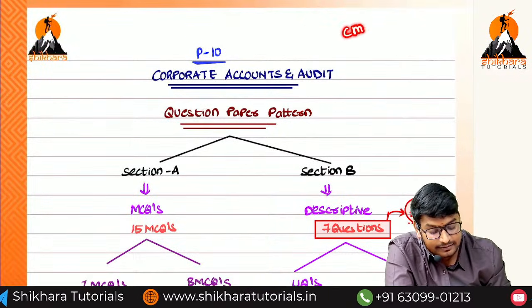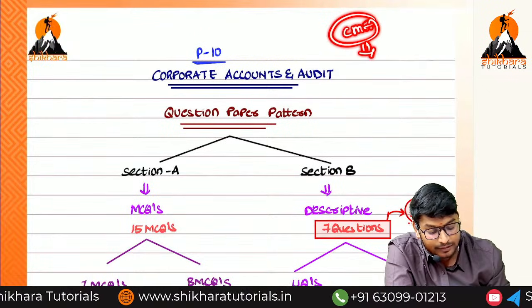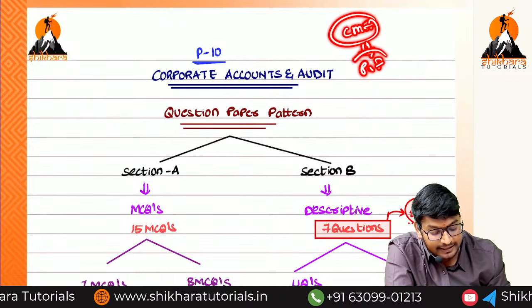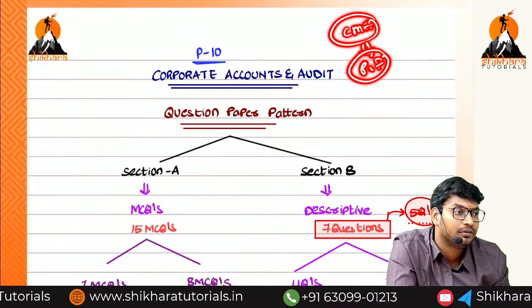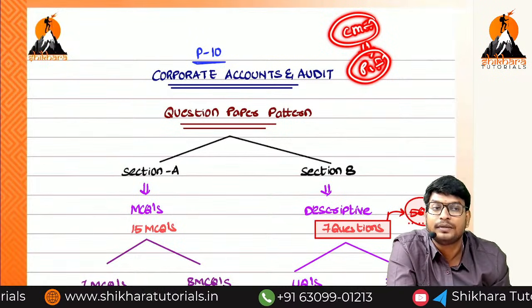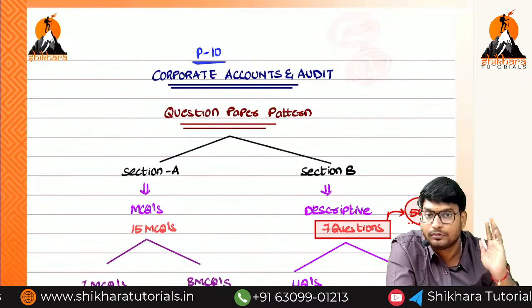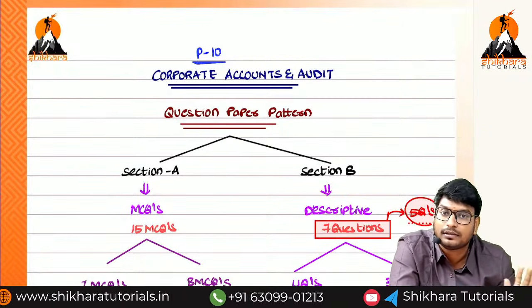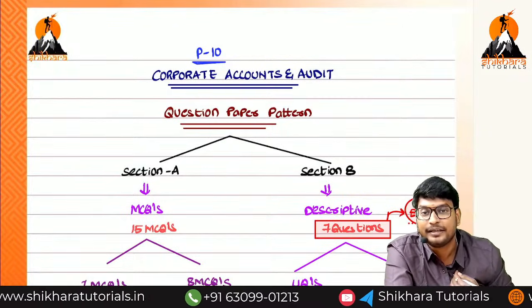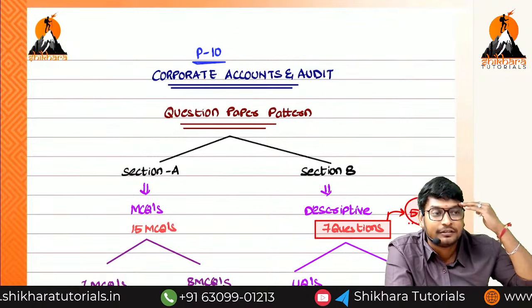Why do CMAs have to form a partnership firm? Because if you do anything, personal estate is also liable. For that reason, the government has said you have to form only partnership firms. You should not form a company. If we are forming a company, we can do whatever we want.